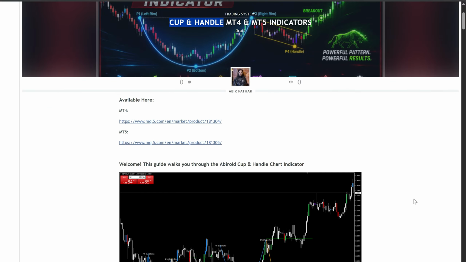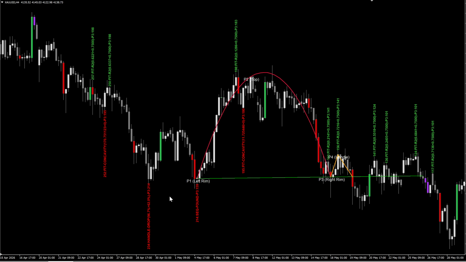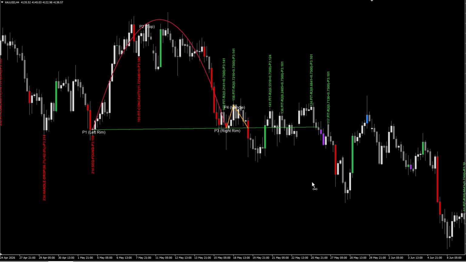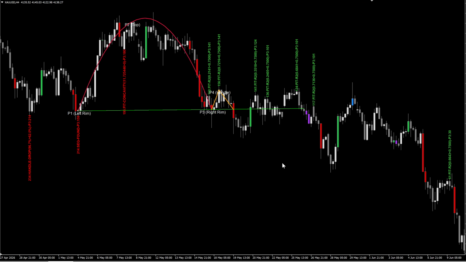Now continuing with the video, cup and handle patterns. These are best used as continuation patterns. What I mean by that is that price will be trending in a certain direction, especially on a higher time frame, and after that it will try to make a retracement, but it won't be able to go far. Price will hold in a range and then it will continue along that same trend. So that's usually the best way to trade it, as long as you trade it along the ongoing trend direction. Because if you trade it against the trend, you might not get very good results.